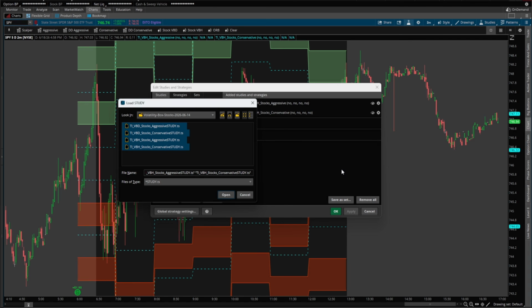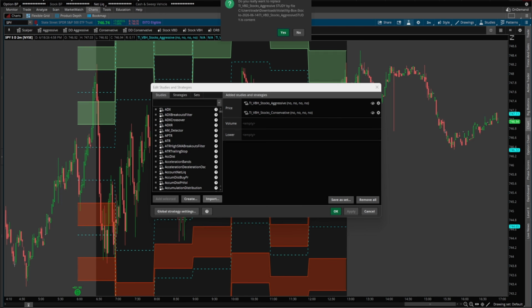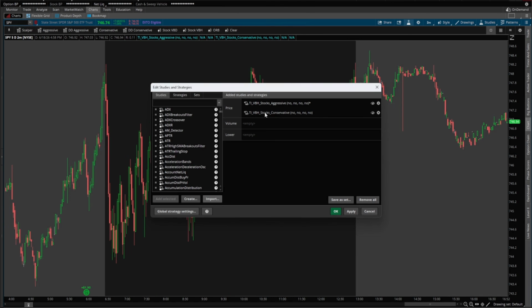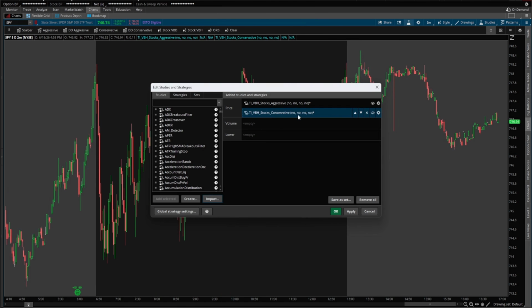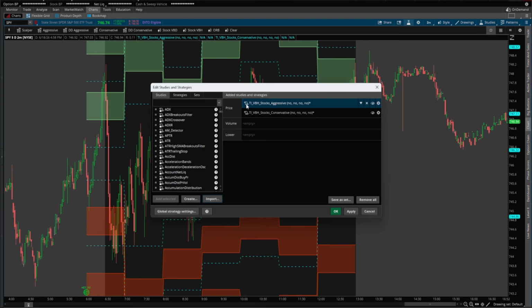If this is your second week onward, then when you go and import these files, ThinkOrSwim will give you this notification asking you, hey, do you really want to replace these files, overwrite them? Be sure to select yes here, because as long as you select yes, that will automatically update any study sets, any styles, any pre-configured settings that are already linked to these 4 indicator files. So once I click yes 4 times, now all of these indicator files have been updated and my models are